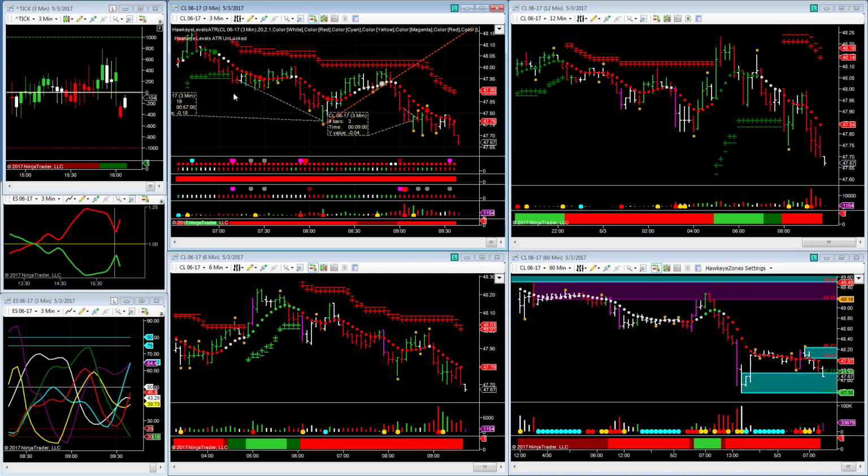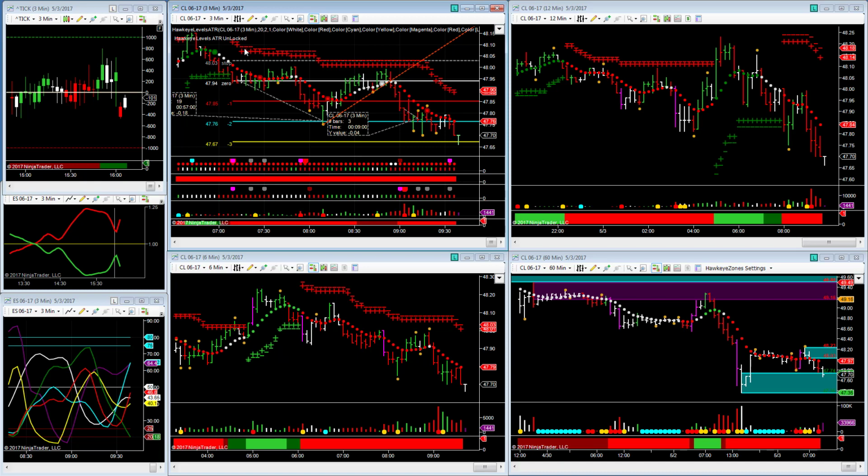If you turn your levels on, you can see the execution of the trade. You can see where the initial trade entry point was, the amount of risk I was willing to take in this trade relative to the Hawkeye stop. And then here you can see a 1 level and a 2 level and a 3 level of risk associated